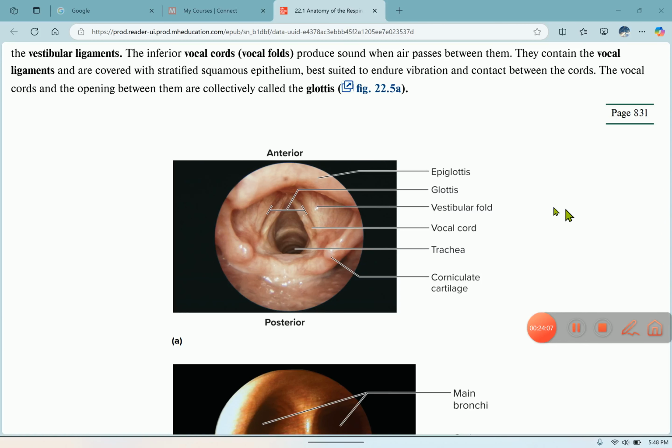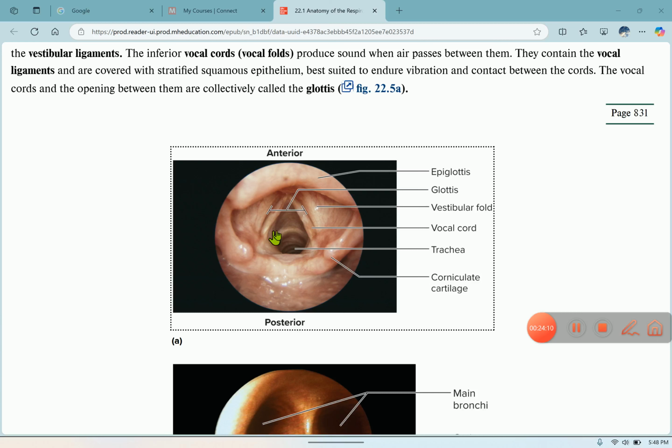Okay, here is a view of the larynx area where you can see the vocal cords. Right now it's open. This is a camera that they put in the mouth, and they're working its way down into the throat area. So this is a picture of the glottis,